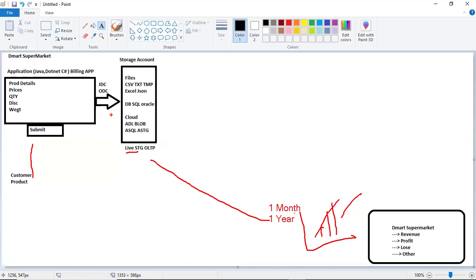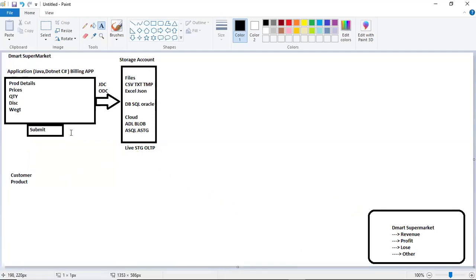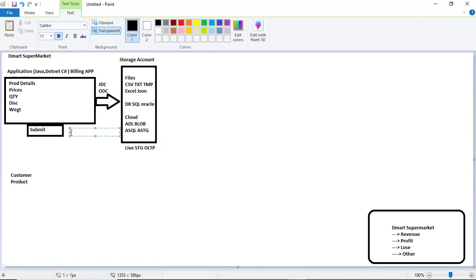The moment you submit, three things are performed: insert, update, and delete. If somebody wants to return or change a product, they update. When a new customer purchases a product, they make the entry. And if they return the product, the entry has to be deleted from the storage.